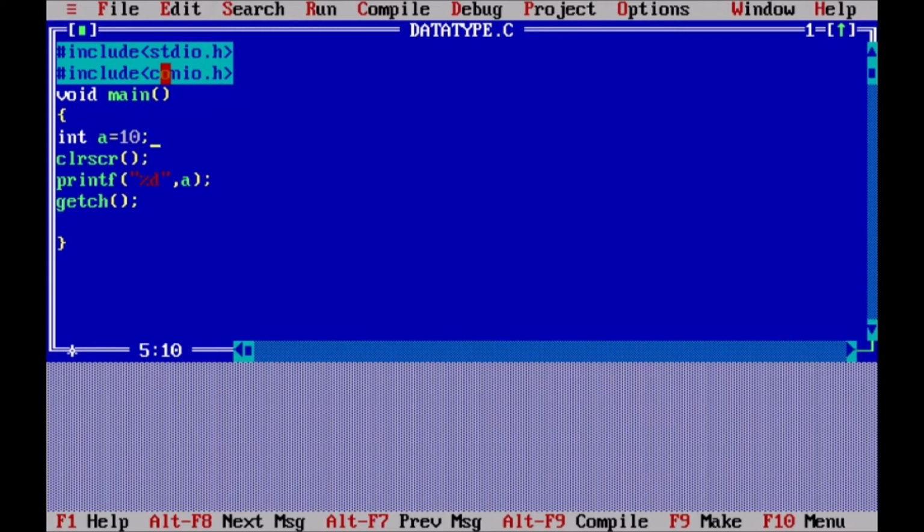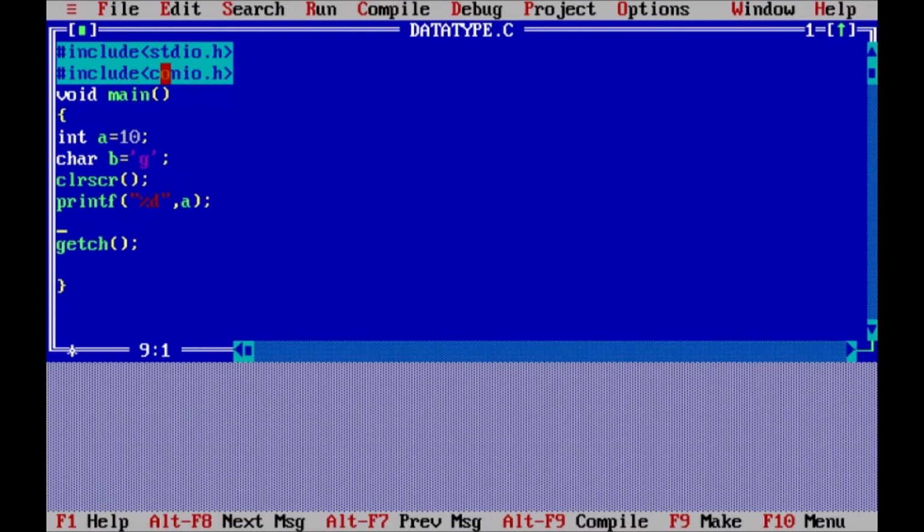Let's create a character variable. For that, we have to use the keyword char, and then again a variable name. Let us take something else, because two same variable names cannot be given. D, and as we know, a character can contain only a single character. Let us take any character, and this character should always be enclosed with single quotes. Let's terminate this line with semicolon.